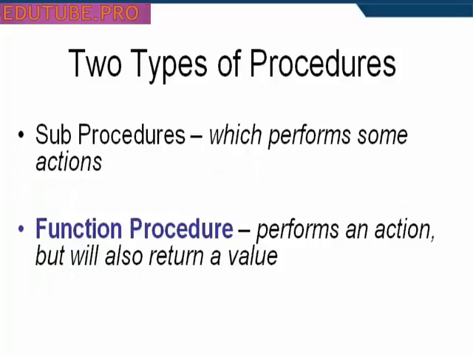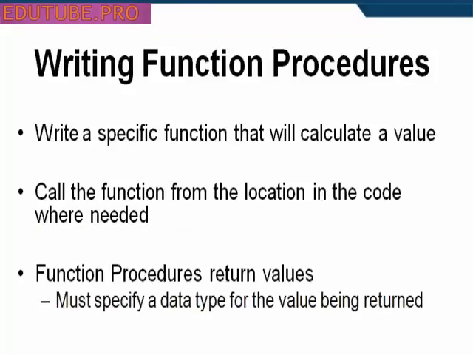You'll recall there are two types of procedures: a sub-procedure, which simply performs some action, and a function procedure, which performs an action, but also will return a value. When writing function procedures, you write a specific function that will calculate a value. You call that function from the location in the code where needed. The function procedure will return the value, but you must specify a data type for the value being returned. As a programmer, you may need to calculate a value that will be needed in several different procedures or programs. You can write your own function that will then calculate a value and call the function from the location as